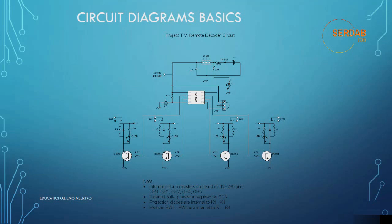In this case, the circuit decodes the signal sent by a TV remote control and turns on and off electrical relay switches in response to the keys pressed on the TV remote. This diagram is a really simple one, and these are the four switches that we can use. This one, this one, this one, and this one. So depending on what we press on the remote control, one of these relays will be turned on or off. Now we will examine